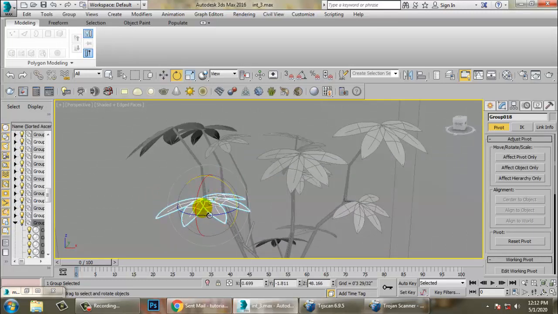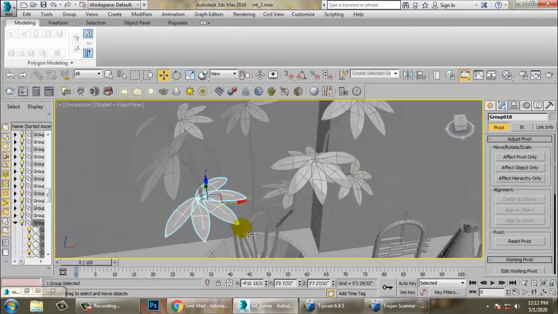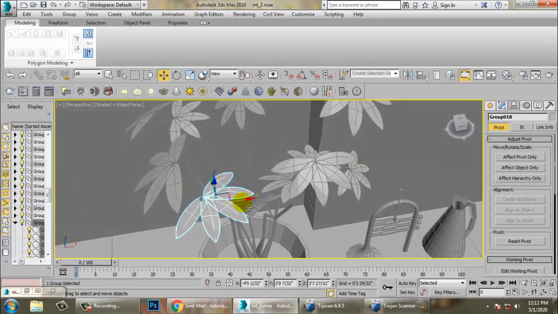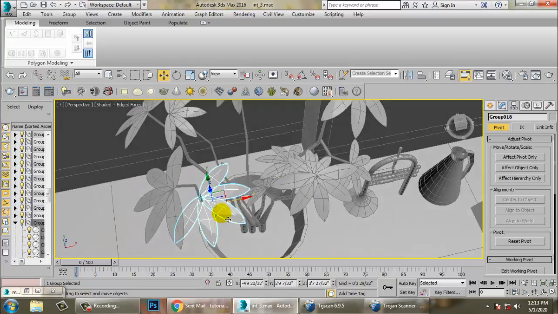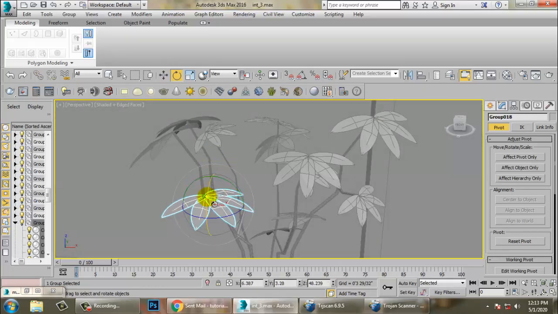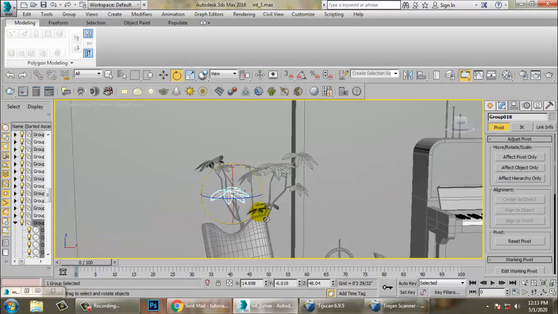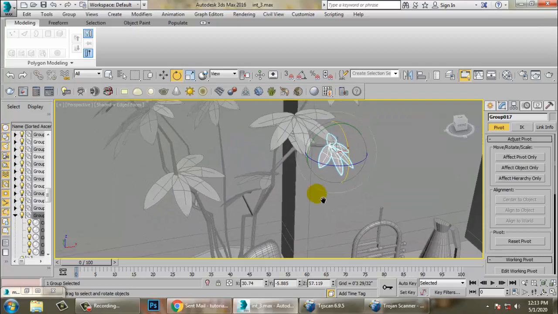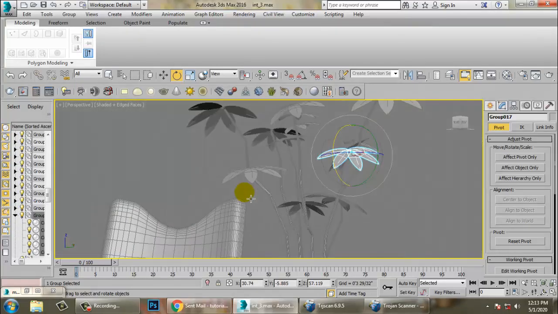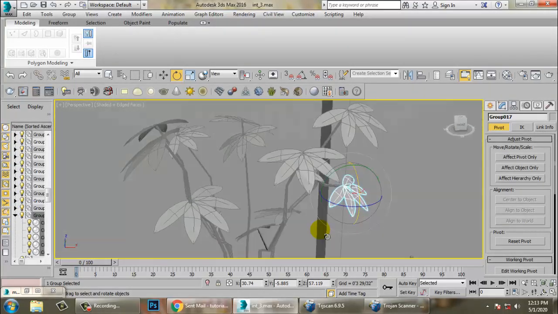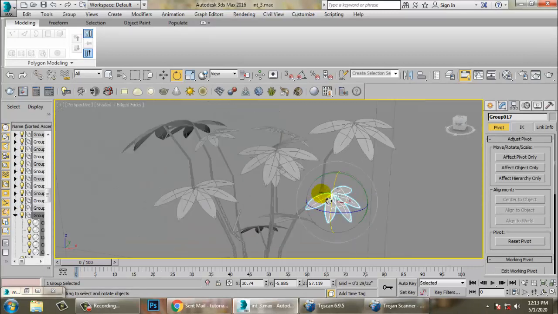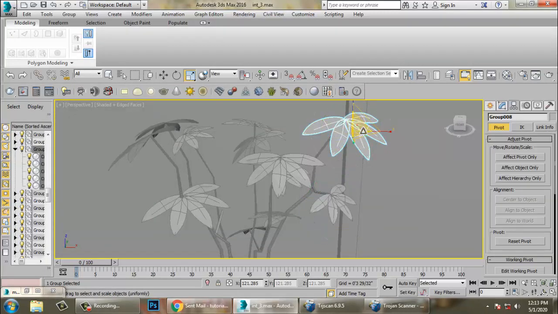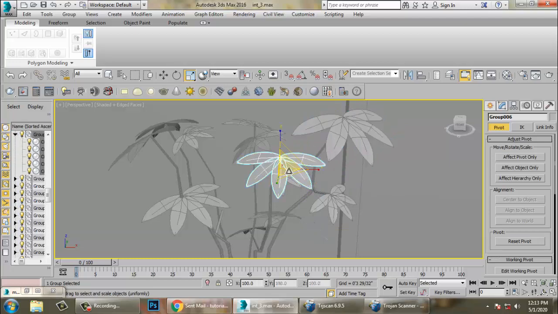You can just resize this again over here and just place it. You can scale a few of it if you want.